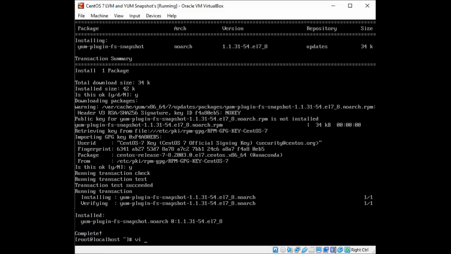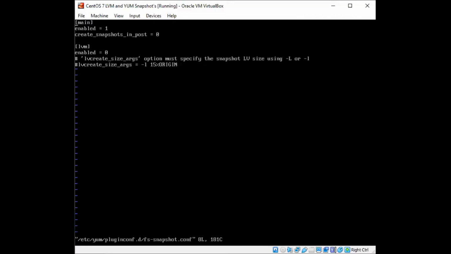So what we're going to do is edit its config file, which is located under /etc/yum/pluginconf.d/fs-snapshot.conf. So we've got a couple of sections here. The main section, so do we want it generally enabled, yes or no? It's enabled already. Create snapshots in post equals 0. I actually don't know what that does, but